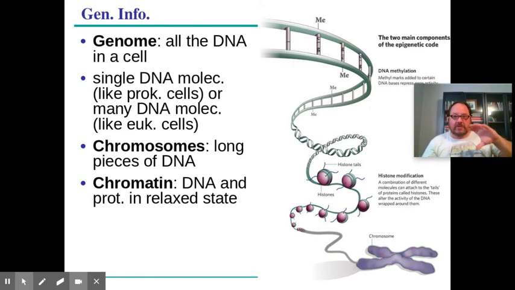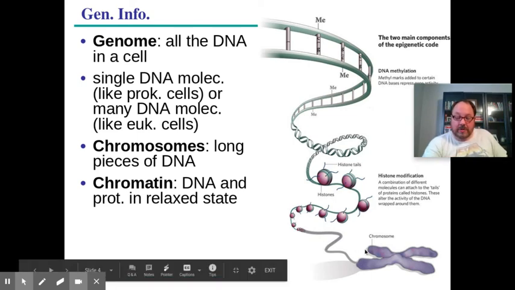Now, DNA can change its shape, and when it changes its shape, we refer to it in slightly different ways. DNA, when it's all coiled up and getting ready to divide, is called a chromosome. I like this image because you can see the untwisted ladder of DNA. You have the nitrogenous bases in the middle, and then there's a generic sugar phosphate backbone along the outside. And then it twists into a double helix. Then DNA coils up around these histone proteins. It coils up really tightly, and then it can form these loops and whorls and fold back in on itself into a chromosome. Okay.